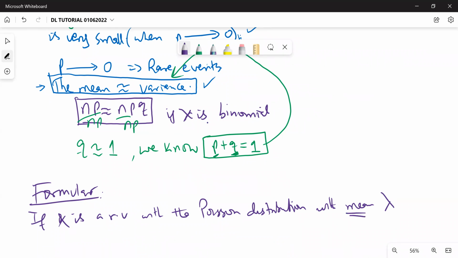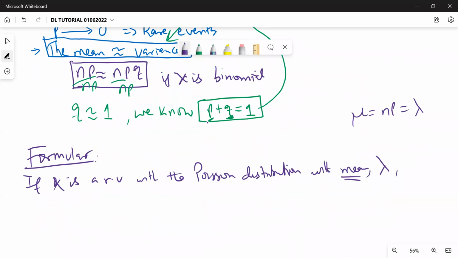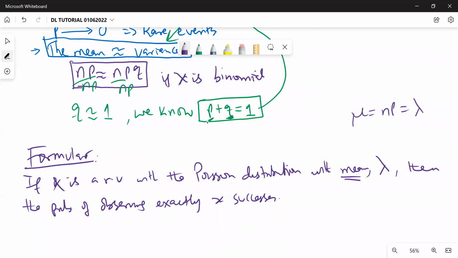If it was a binomial scenario, this mean is n times p, but now we are calling it lambda. So the mean is equal to lambda. The probability of observing exactly x successes is given by,